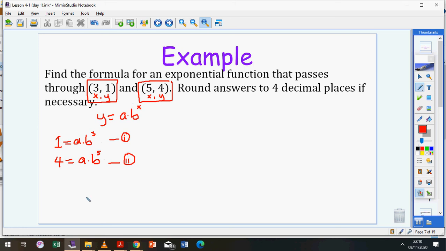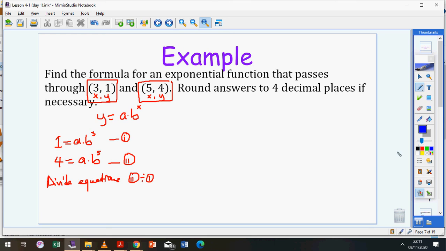Now, you can use substitution, you cannot use elimination, but one form of elimination you can use here, the elimination that you're used to where you multiply by something and subtract will not work. But the elimination I can use is to divide equations. If I divide equation 2 by equation 1,